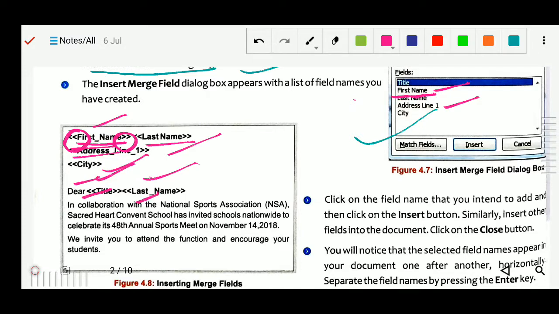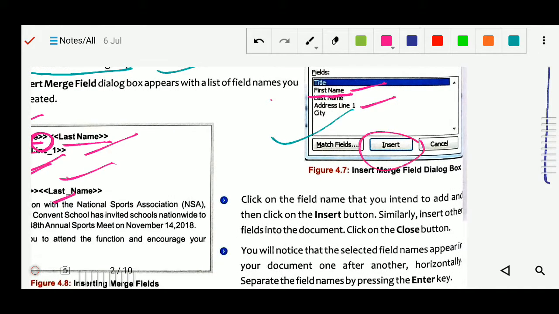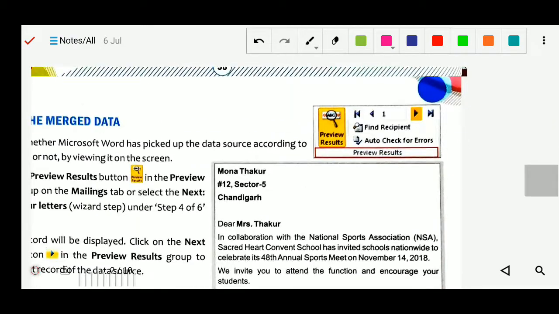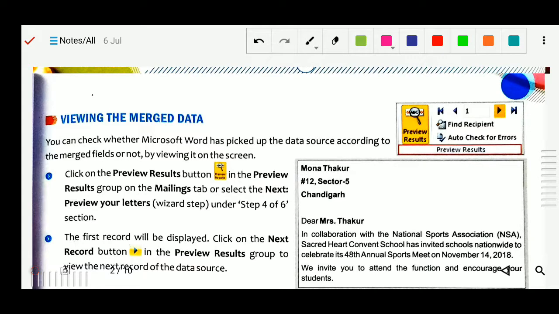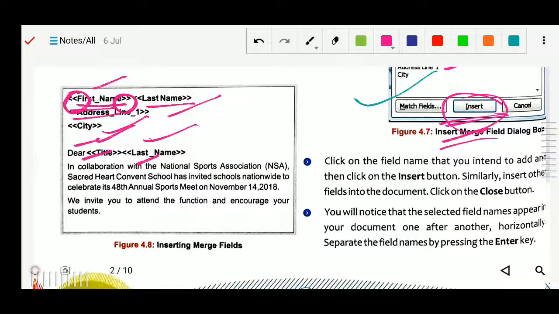Then one by one I just clicked insert, and then you will see here what happened. In the place of first name, Mona Thakur came, first and last name. Then the address line came, and the city came. All of that came here.